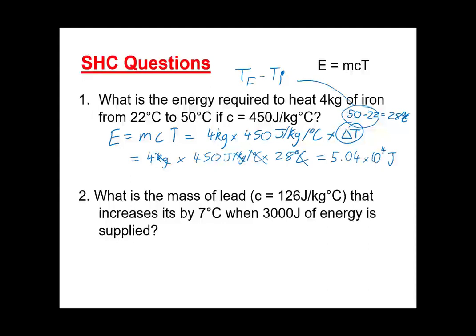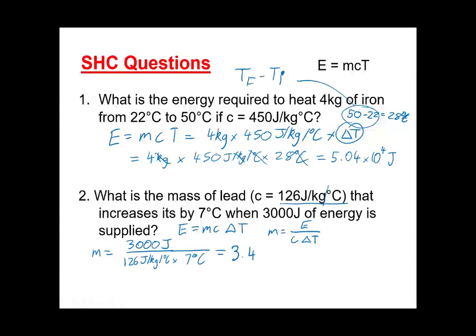Let's look at lead. What is the mass of lead with this specific heat capacity, 126 joules per kilogram per degree Celsius, that increases its temperature by 7 degrees when 3,000 joules of energy is supplied? Well, energy equals mc times change in temperature. So in this case, we want to find the mass. So the mass is equal to the energy, which is our 3,000 joules, divided by the specific heat capacity, divided by change in temperature. So we can just substitute all this in, and we get